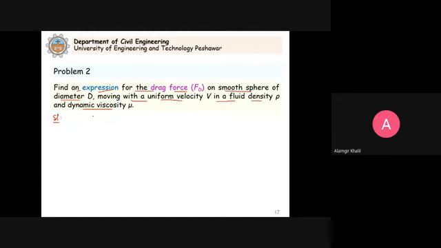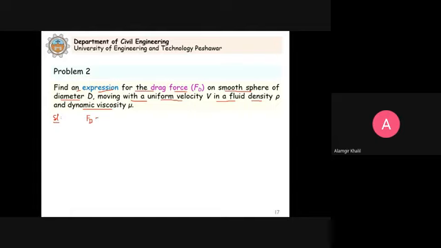We already studied this also in fluid mechanics 2, forces on immersed bodies. So I took these familiar examples so that you can understand how effective dimensional analysis is. This was the reason behind taking these familiar examples. So what we have to do is first write down the dependent and independent